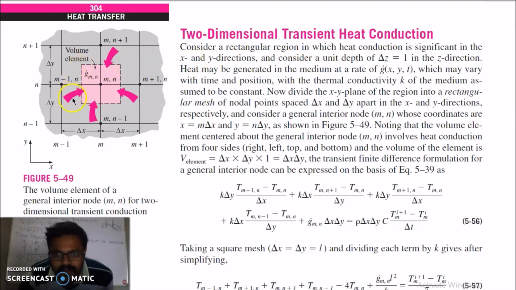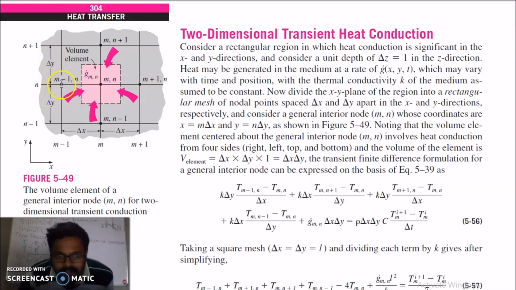Consider a rectangular region in which heat conduction is significant in the x and y directions, and consider a unit depth, del z equal to 1, in the z direction. Heat may be generated in the medium at a rate of g dot, which is a function of x, y and t, so it may vary with time and position, with the thermal conductivity K of the medium assumed to be constant. Now consider this mesh here with nodal points spaced by del x in this direction and del y in